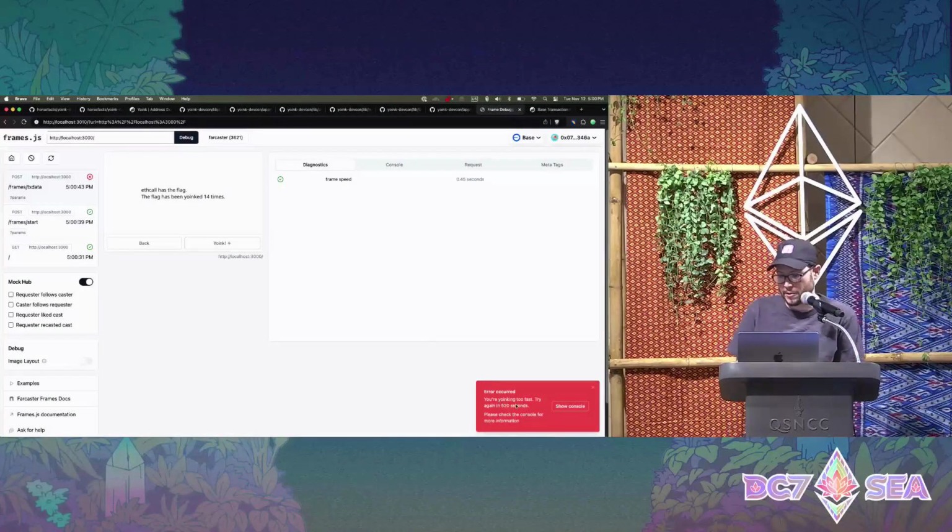Cool, and there's our second custom error. You're yoinking too fast, try again in 520 seconds. We could convert that to a nice human readable date, which would be nice to do. But that's the principle there. We're converting those difficult to read on-chain errors into a nice human readable error message here.